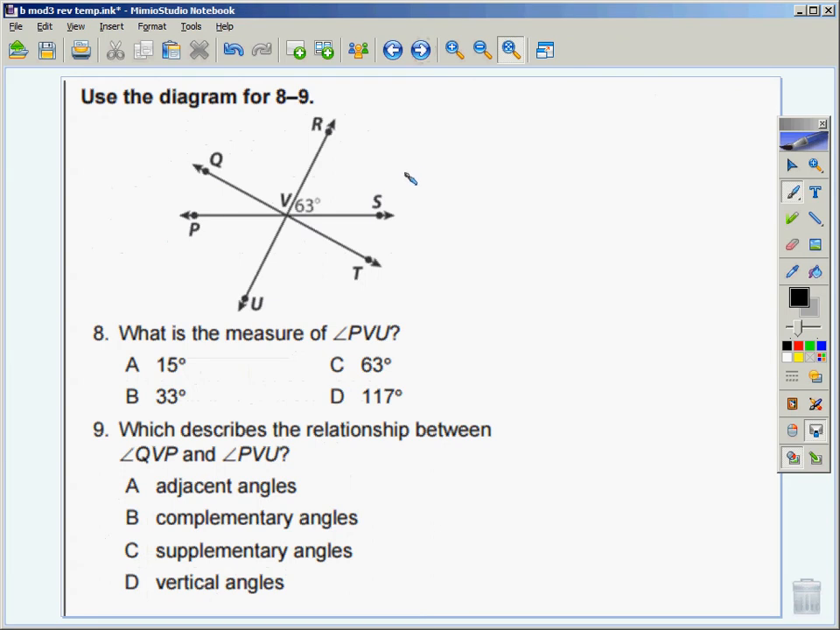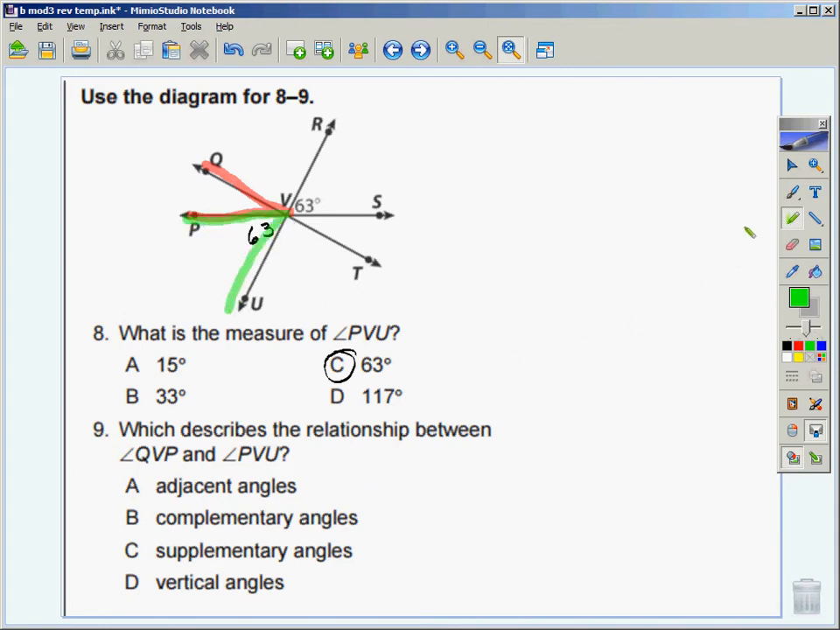When doing problems like this one, I would make sure that I fill in anything that I can fill in prior to actually working out the problem. If this is 63 degrees, I also know that this is 63 degrees. What is the measure of angle PVU? PVU is here, so PVU would be 63 degrees. Which describes the relationship between QVP, which is here, and PVU,